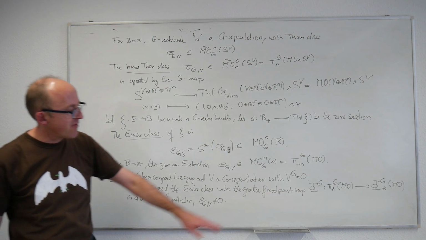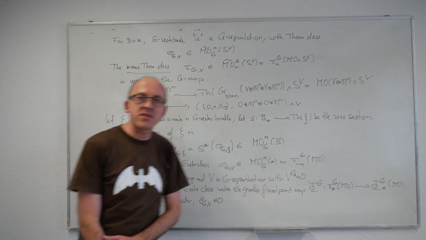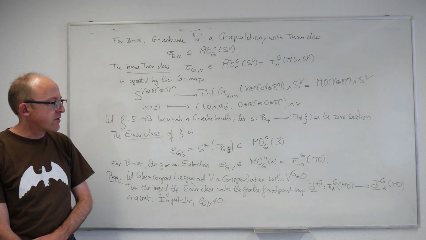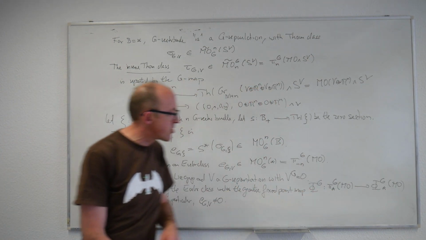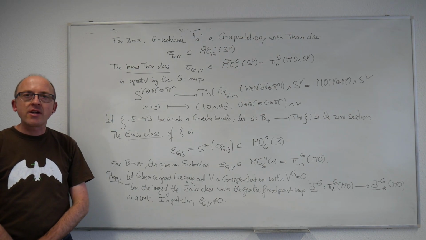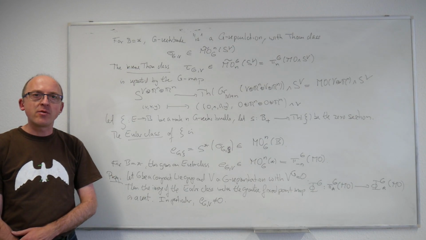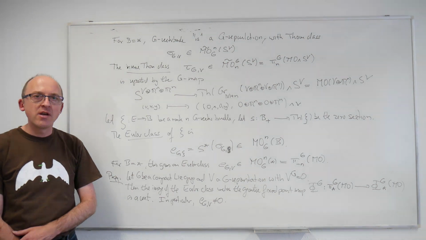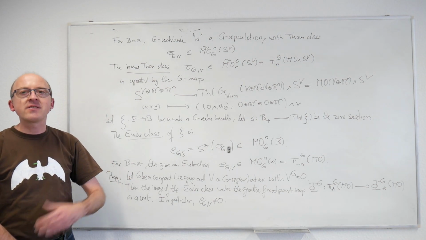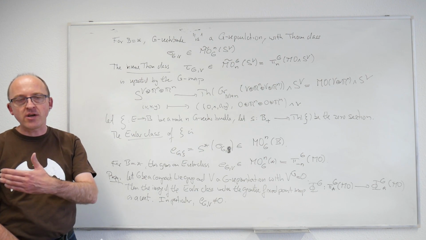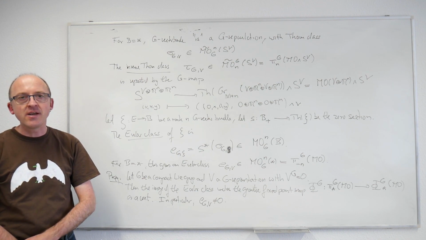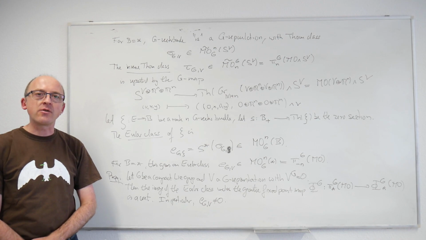So the argument I will give on the next whiteboard will basically just use various formal properties. We have a ring-valued theory here. MO is represented by a commutative orthogonal ring spectrum. In such a situation, this is a graded ring, this is a graded ring, and the geometric fixed point map is a graded ring map, and we will basically use some formal properties like this on the next whiteboard. So the argument behind this is more general, and it's essentially saying that Thom isomorphism or equivariant global orientability is inconsistent with being globally connective.